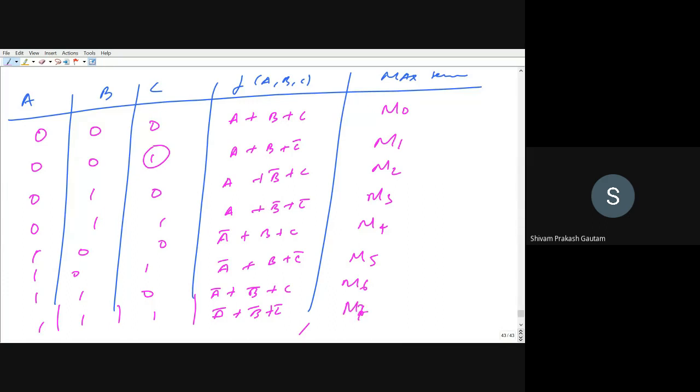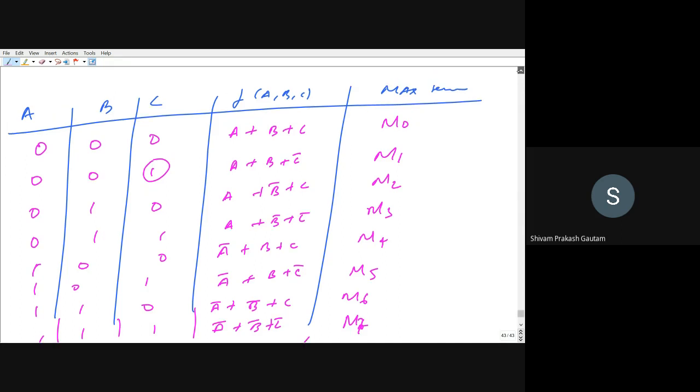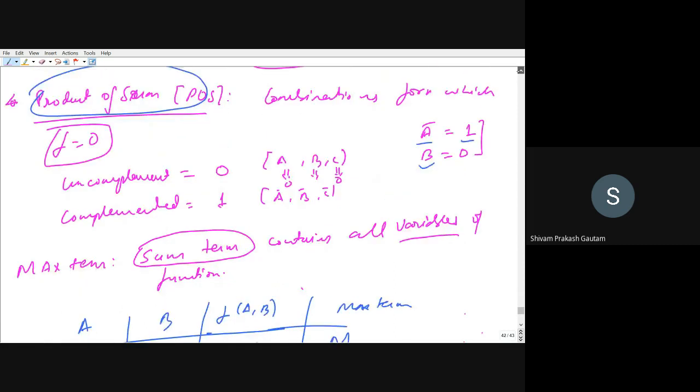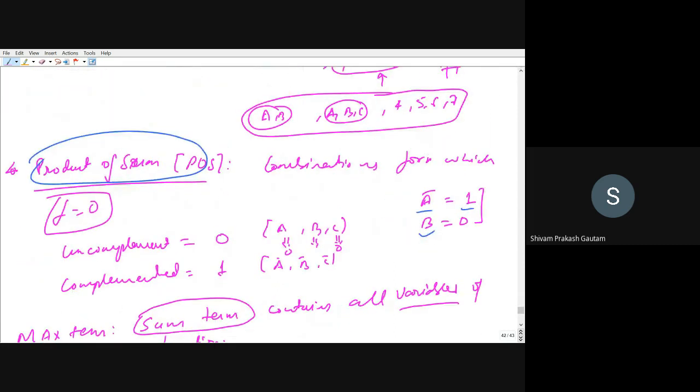Is it okay? Sir, why are we putting the bar over the variable that is 1 and not 0, like in the earlier case? Because this is the opposite of that sum of product form. Here we are making the expression for such combinations of variables for which our function will give you 0 value. Earlier in sum of product form, we made the expression for which the function gives the value of 1. So it is just the opposite form of sum of product, you can say.